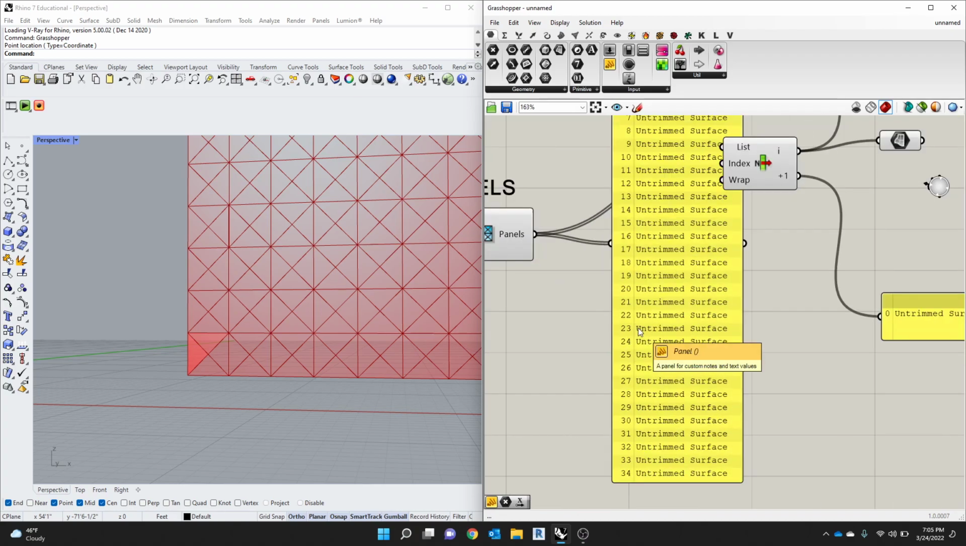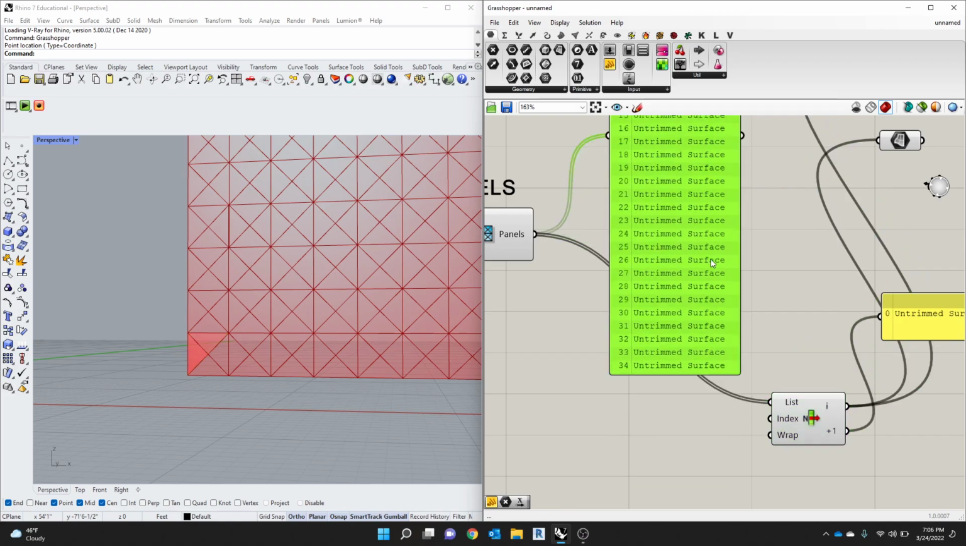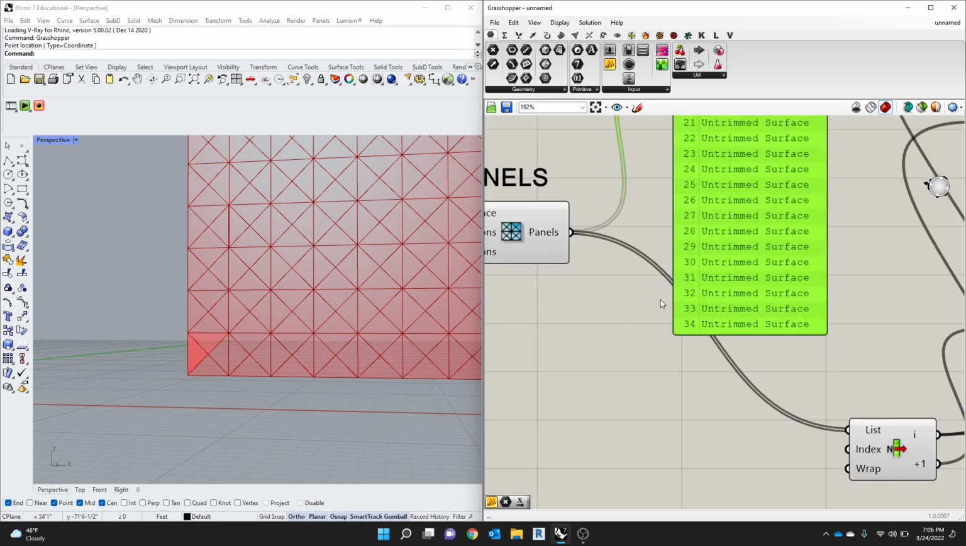Let's say this triangle wasn't the one I wanted. Some of these other ones were one of the ones I wanted, or I wanted to grab every other triangle or something like that. I can use this tool here, because what these numbers on the side mean, 25, 26, whatever, to 34, that is the index of that surface. So if I wanted to grab item number 34, if I plug a number 34 into there,